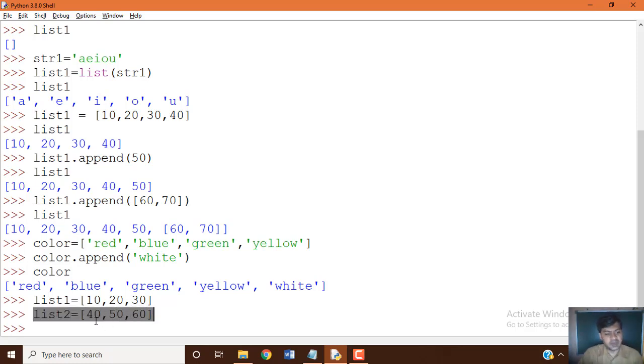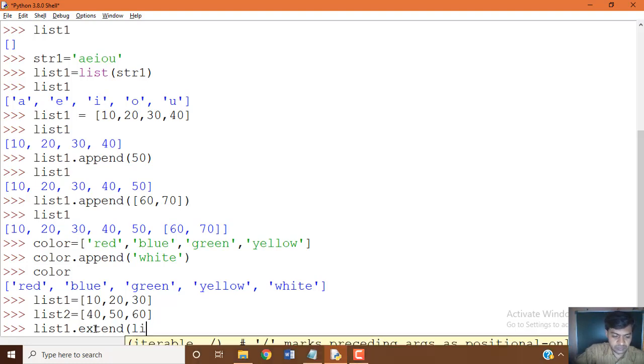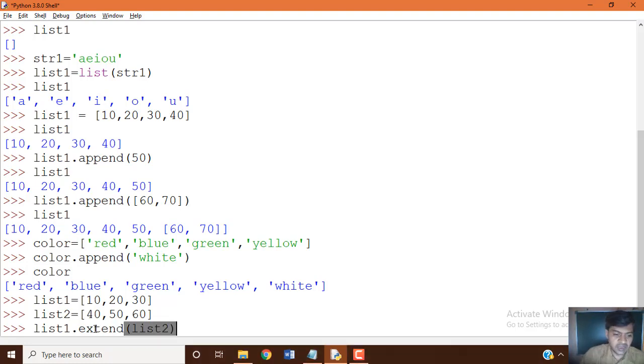By using the extend function. List 1 dot extend of list 2. What happens here? List 1 will be added with list 2 data items.